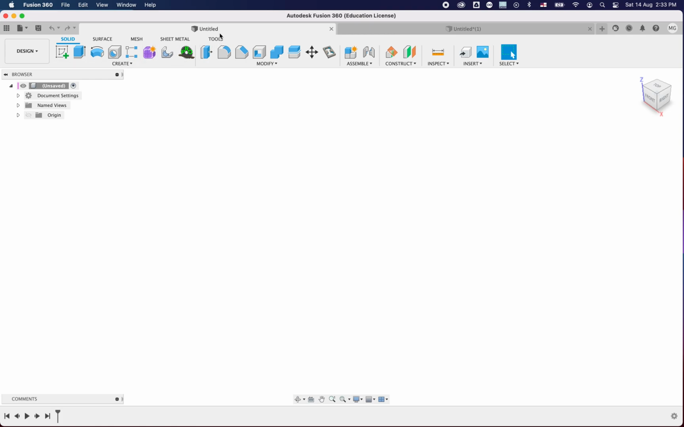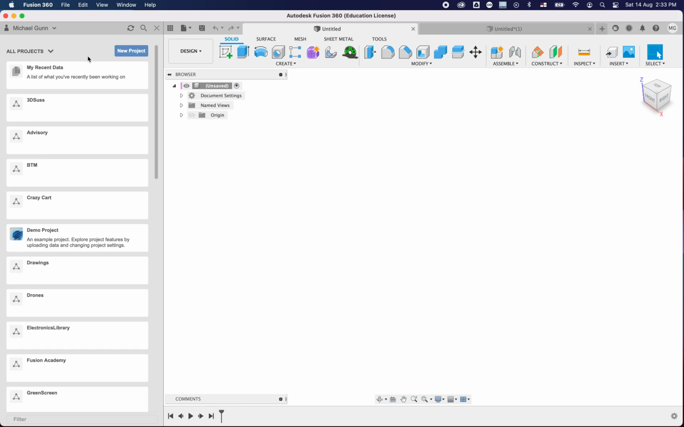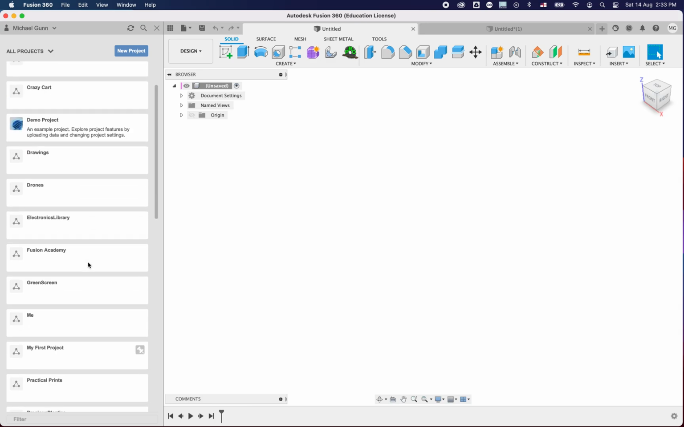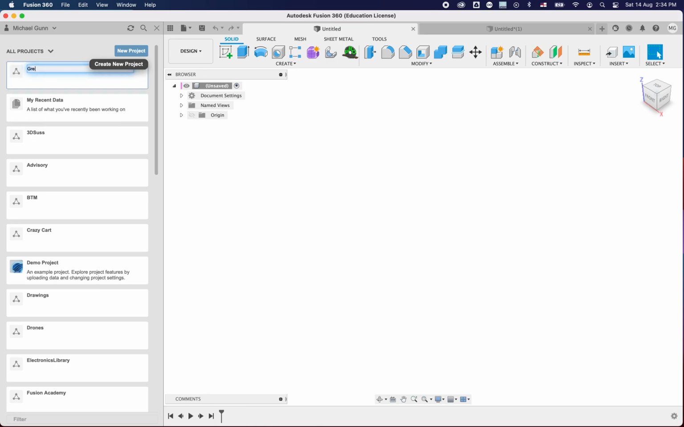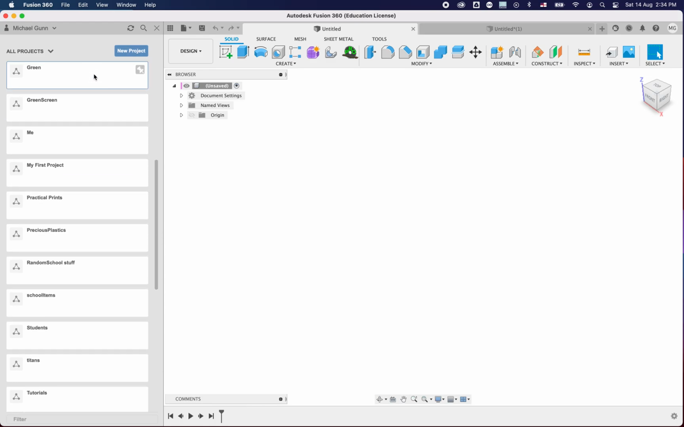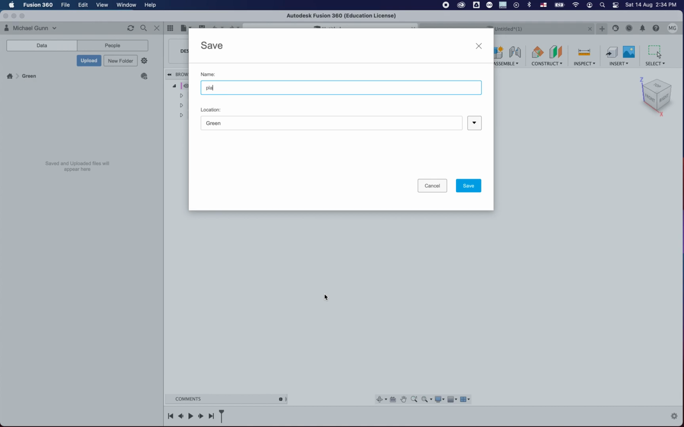Now, when we first start Fusion 360 and you're starting a new file, what is good practice is to save your file. Now, if you click on these little 9 dots here, it will open up a little folder, and this is where you save all of your work. You can see here all of my folders here. Now, what you can do is start off with is create a new project, name the folder. You can go into that by double clicking, and then you can save your file by